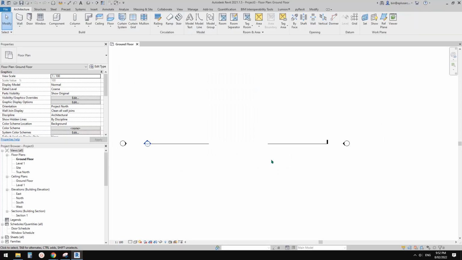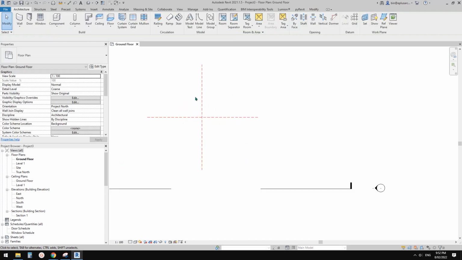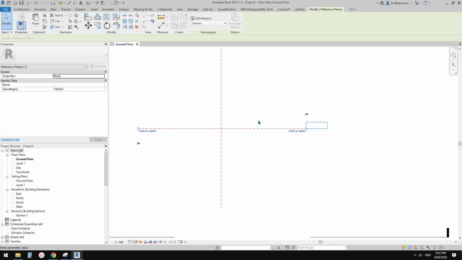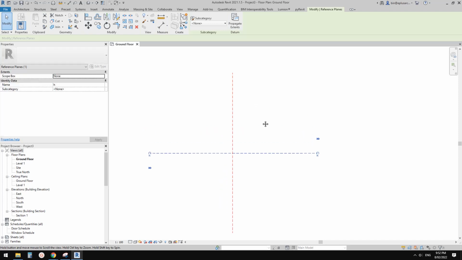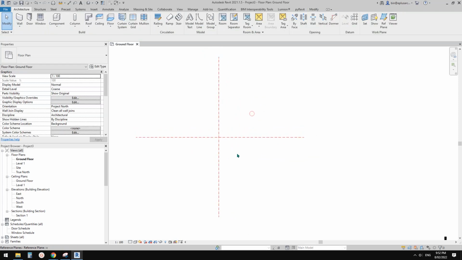Okay, so let's start. First, we need to have some reference plans or grids. So I'll use the reference plan, RP. Okay, so now we're going to model this here, and also I'm going to name these reference plans. So I'll name this H. I'll name this V. Okay, so horizontal, vertical. So in this